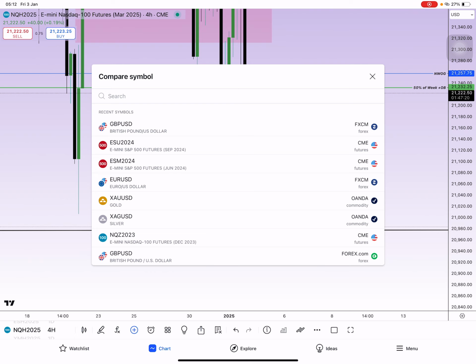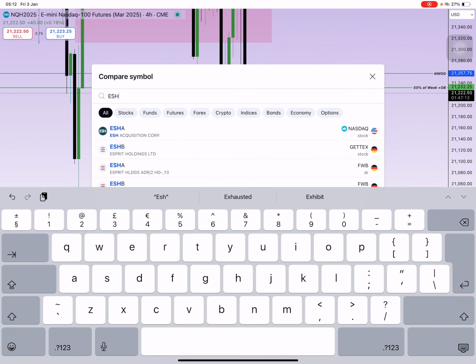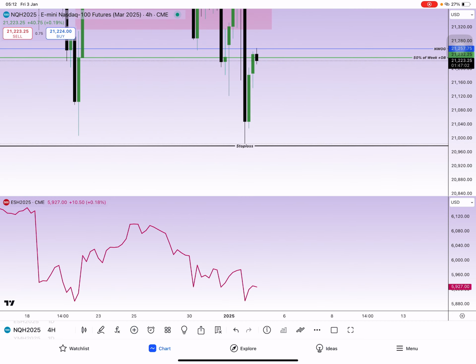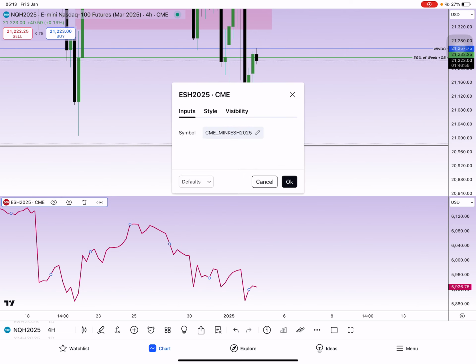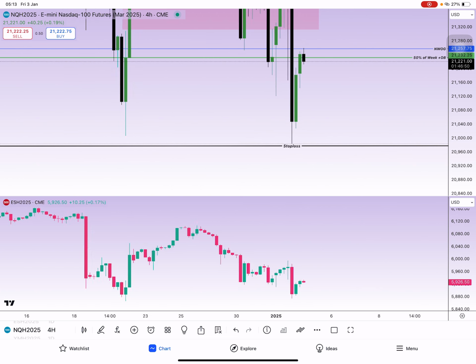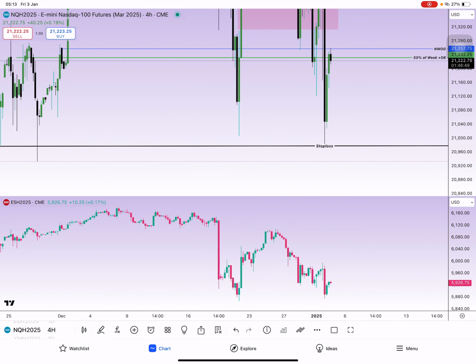in ES, this one, ESH, it's 2025. So if you see, let me change this one into candlesticks. How do we do that? Yep, it's here. Okay, so if you see that